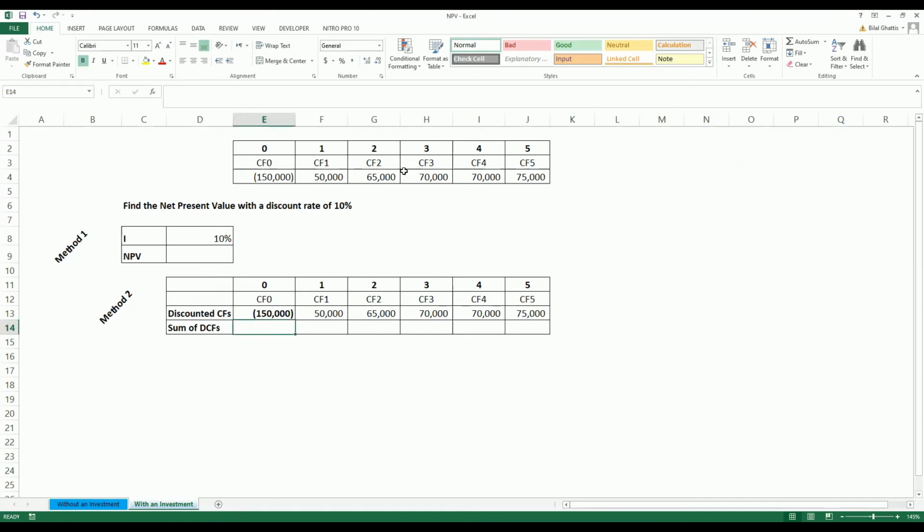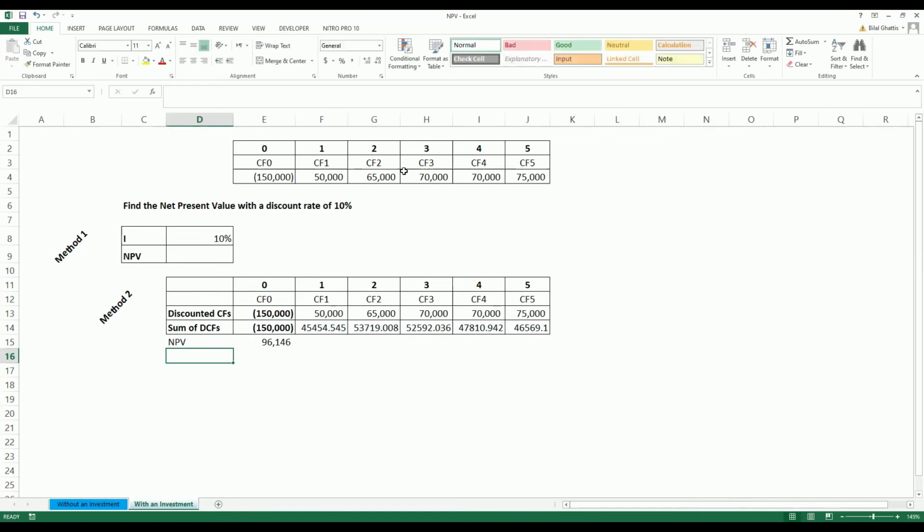So as usual, we will start with what? With method 2. As we said, the discounted cash flow for the initial requirement will be the same because we need to pay it right now. So we need to compare apples to apples, right now with right now. This is the right now for the negative side, and those are the values that I should discount to get right now values so that I can say I have an apple to apple comparison. So I'll do the same. I'll divide the 50,000 by 1 plus the discount rate. I'll fix the discount rate, raise it to the power of the term itself, and then drag the formula. So we can say that the net present value is equal to the summation of all the values that I have,